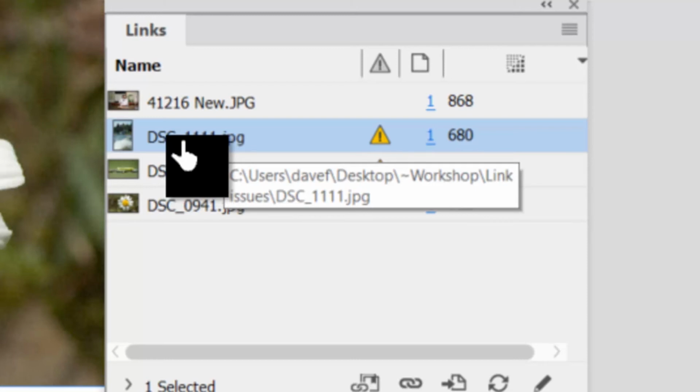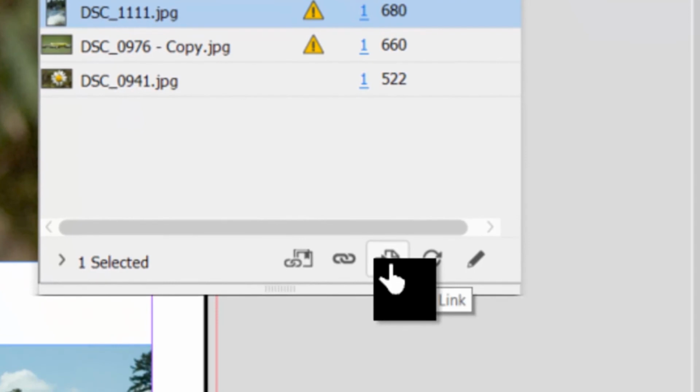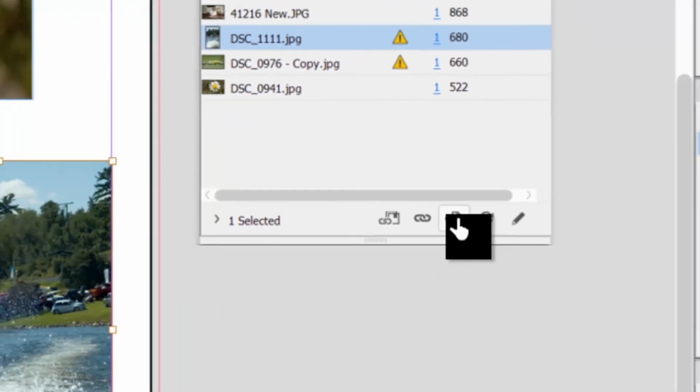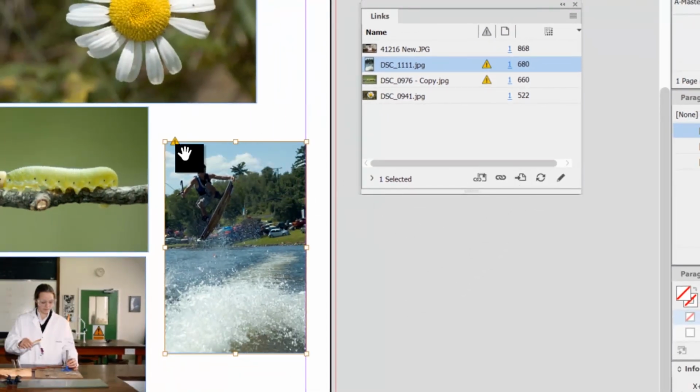And now if you have a bigger layout and lots of images, it may be difficult to find. So we're going to go over into the little icon here called Go To Link. And what it does is it centers that image on your page, and it shows you which one is the one that is modified. And so modified can mean basically that the image itself, after it's been placed in InDesign,